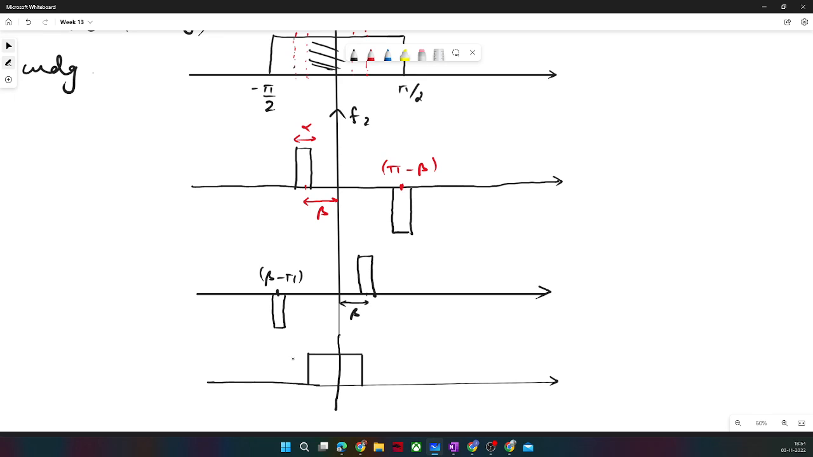Now this much would be blank, and again from minus pi by 2 to that point, this function is h1, and it corresponds to f1 minus f2 minus f3. Okay,